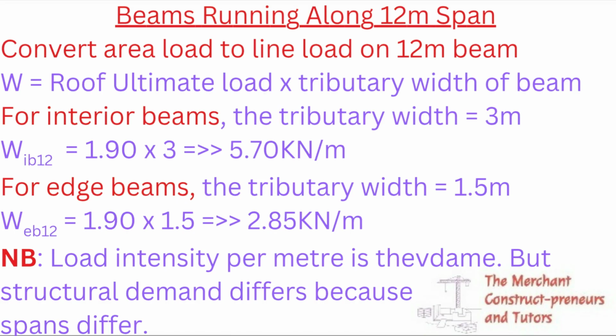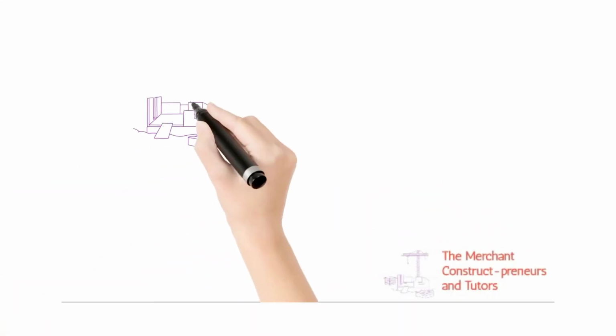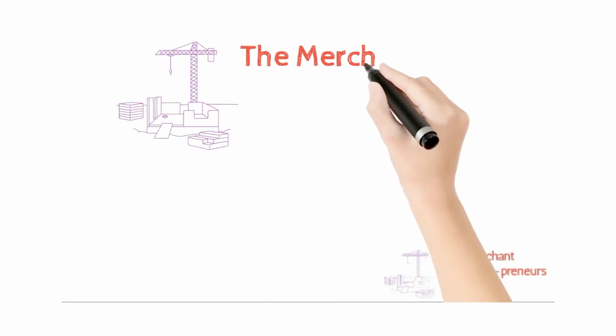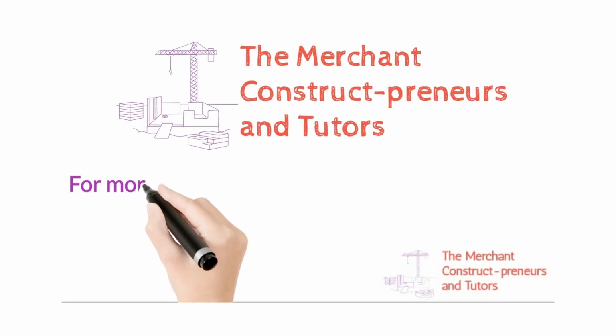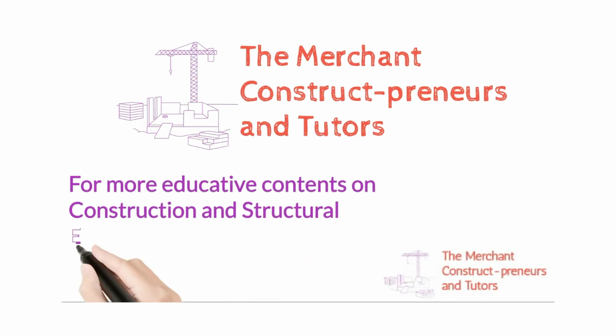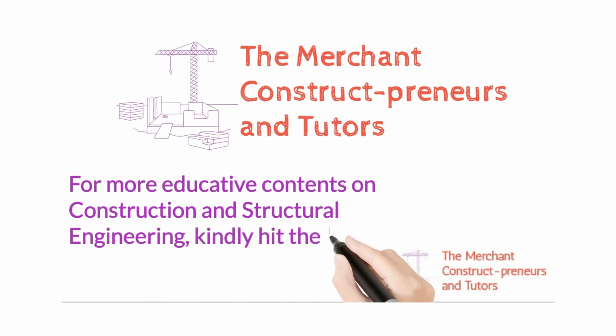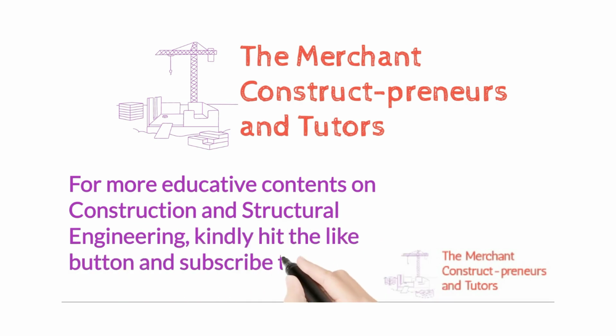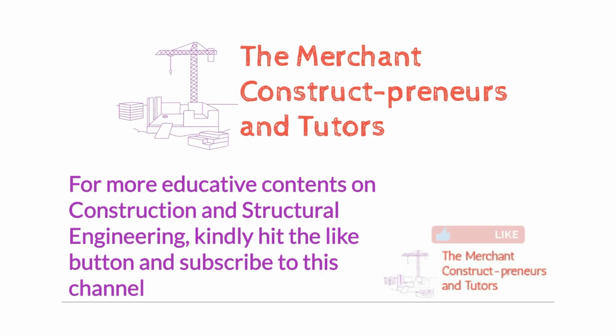Note, load intensity per meter is similar, but structural demand differs because the span differs. Get that, right? So this is just a breakdown of how to calculate the load coming from the roof to the roof beam, right? So for more information